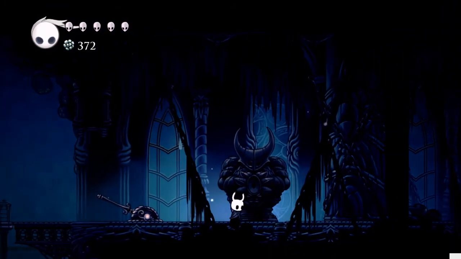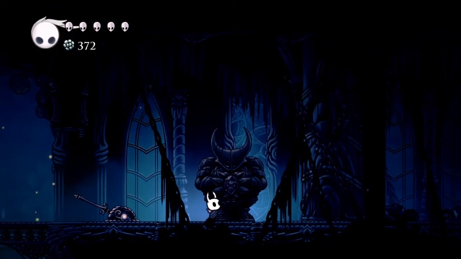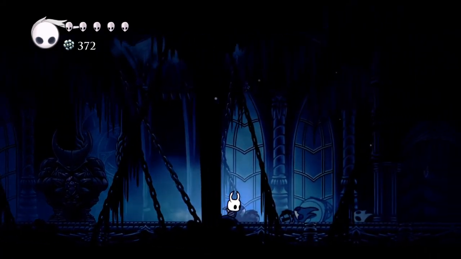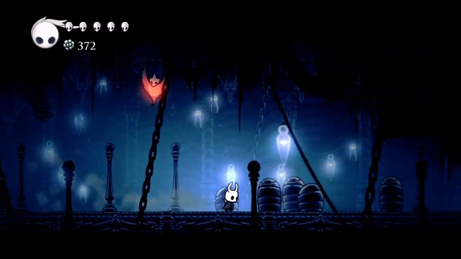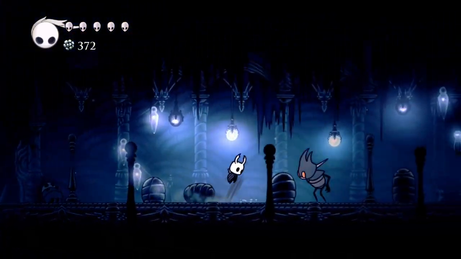But with 2 of the masks released, the seal is breaking, which, well, leaves more of the Crossroads to get infected, even though that's not what happens. But as we make our way back to the City of Tears, we're finally able to input the city crest so that way we can get inside. And with the statue of Hegemol, which kinda doesn't make sense, but either way, now it's just time to